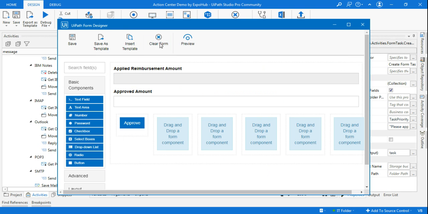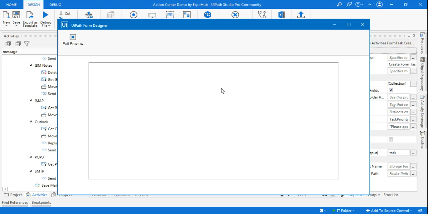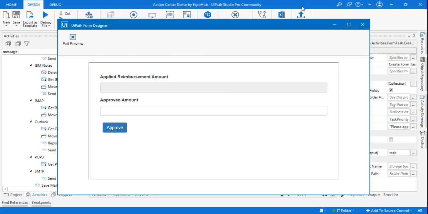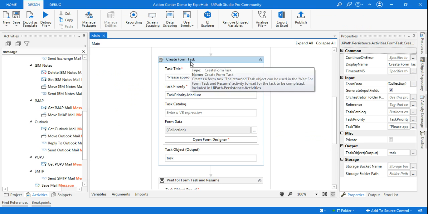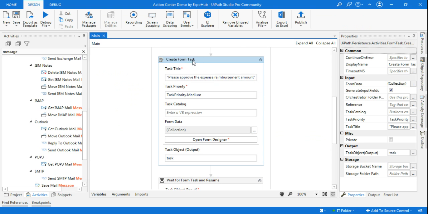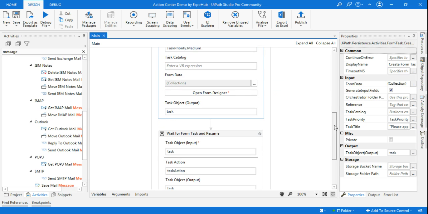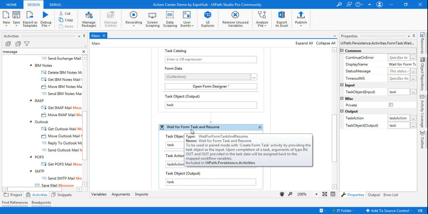This is the same exact form which had appeared in the Action Center, and here I have the option to approve. So this is exactly done for the task getting created with a design. A task will be created with a design that the developer has created in the create form task activity. The same design will appear in the Action Center, and then we are using a wait for form task